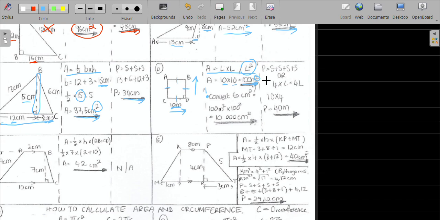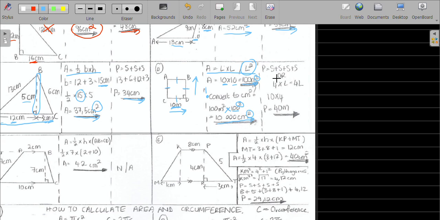Then we need to go bigger. So we're going to times by 100 usually. But guys, we're going to times not by 100 only, but by 100 squared because we're dealing with units that are squared. So I said when we are dealing with area and we're converting, we do the same conversion, but we just square it. Okay, so then when you put that in your calculator, you end up getting 10,000 centimeters